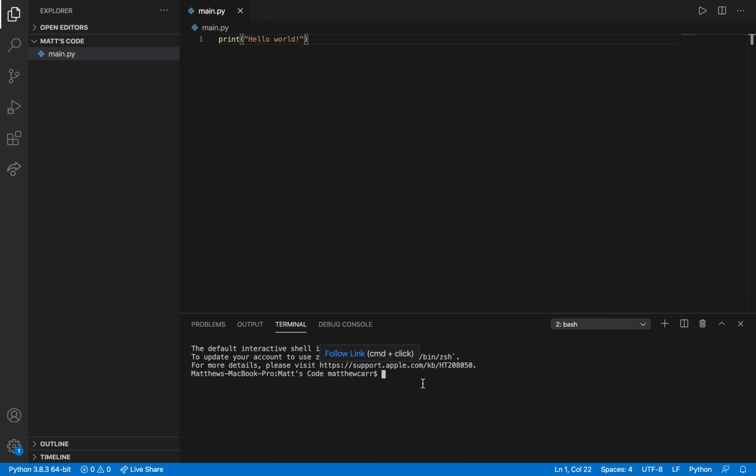Okay, so to show you the way in the terminal, if you're on a Mac, you'll type python3 space, the name of your file, which is main.py, and hit enter. And now if you're on Windows, you'll just type python space, the name of your file, and hit enter. But since I'm on Mac, I'll do this. And we get Hello World. You can see it here. Okay, so yeah, that was your first program.